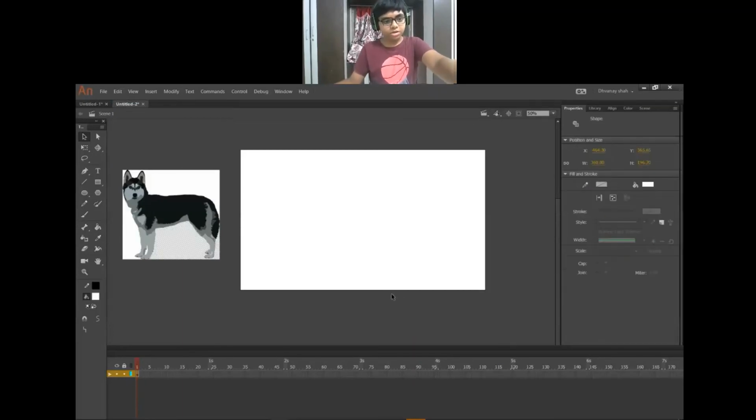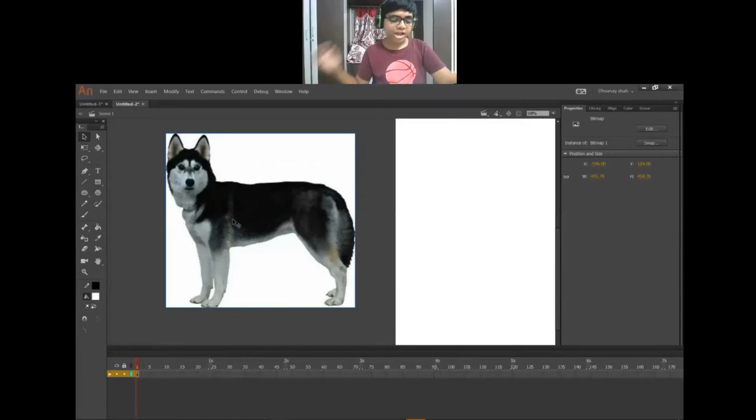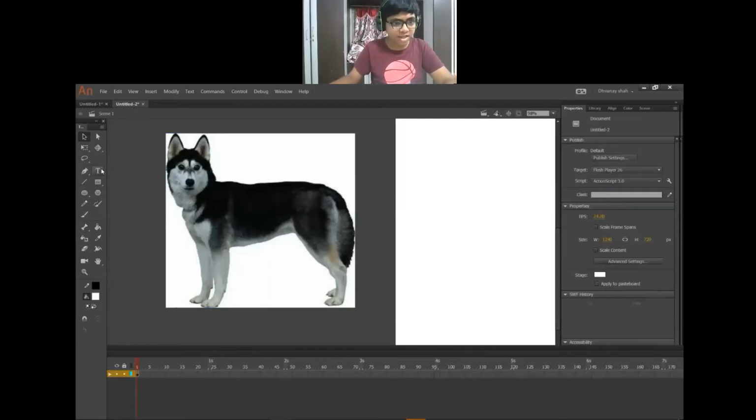When it is a very blurred file, select this and easily break it apart with Ctrl B. And using the lasso tool, shortcut key L, delete the extra parts like this.